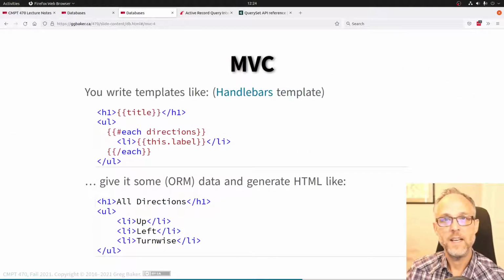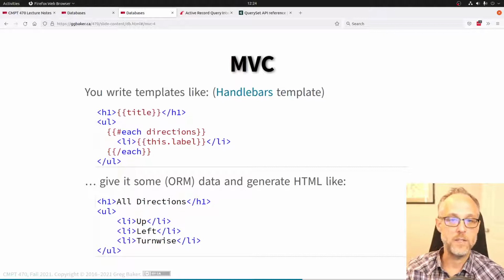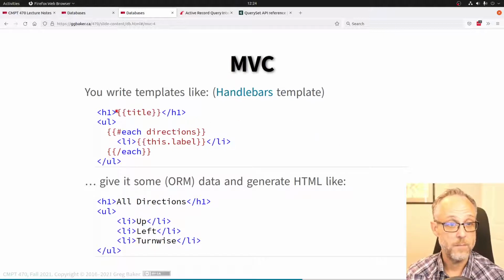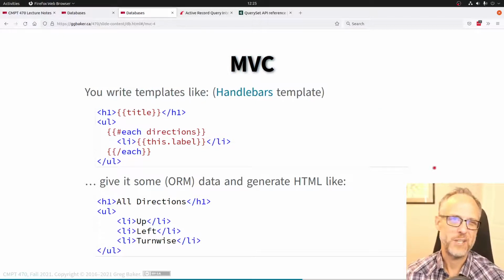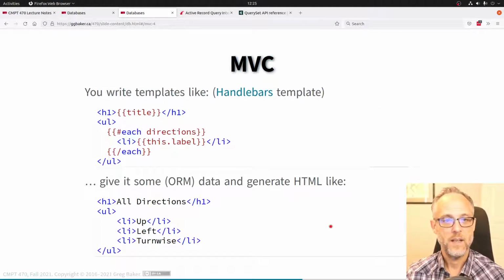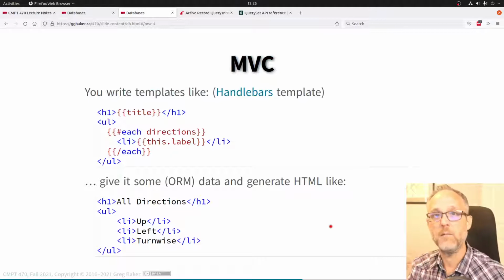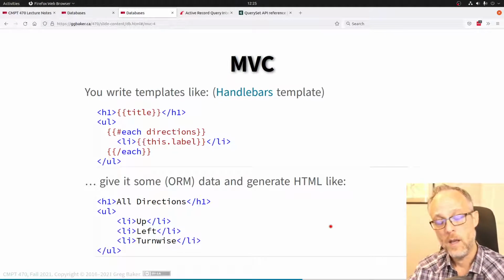So I guess I had that ERB example back there a few slides. This is a handlebars template. So it's often something like this. And again, I don't really care if this is happening server side or client side. I always imagine it happening server side, in my Ruby on Rails code or my